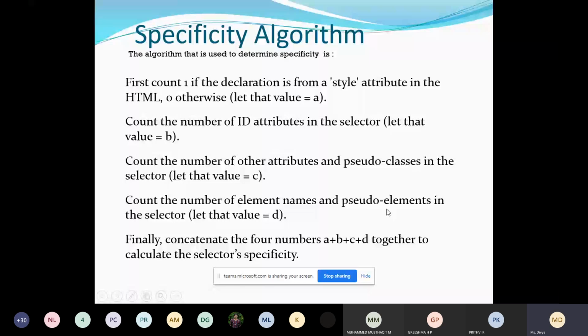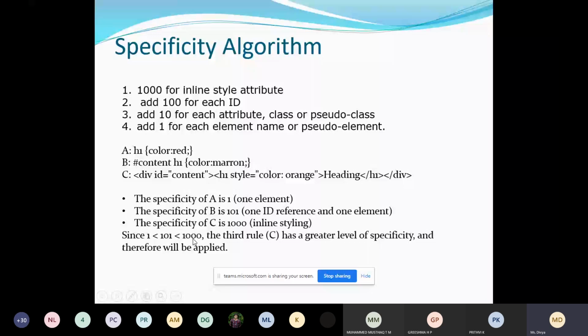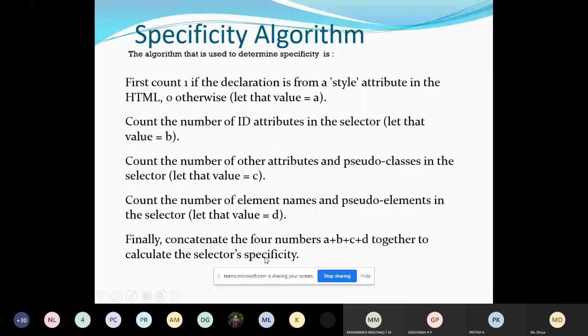Then combine A plus B plus C. The final value you get is called the selector's specificity. So this is what you got here, correct? 1000 plus 101 plus 1. When you add this, the total value you get is called the specificity. So this is about the specificity algorithm.